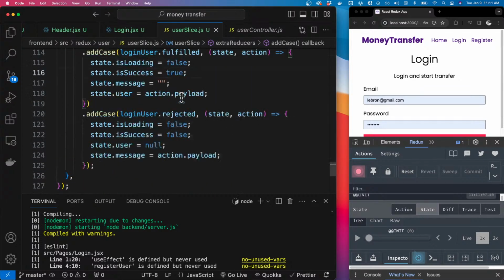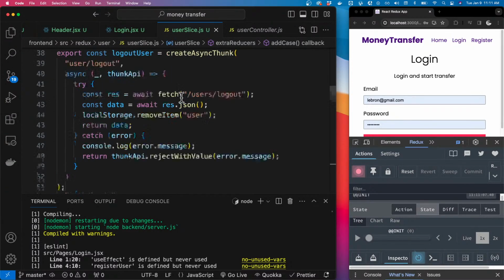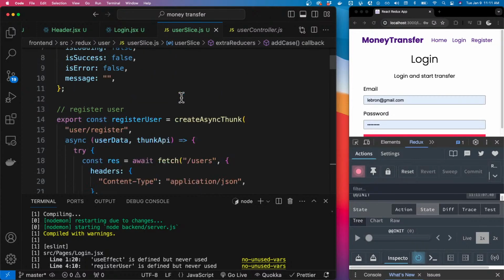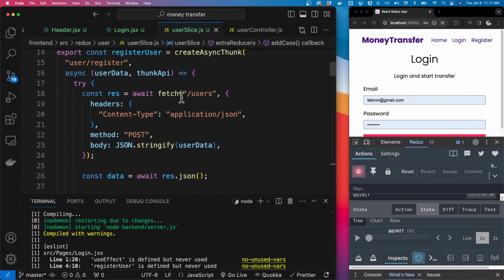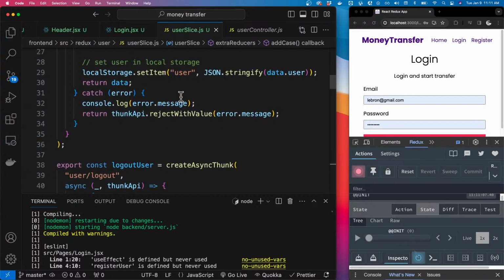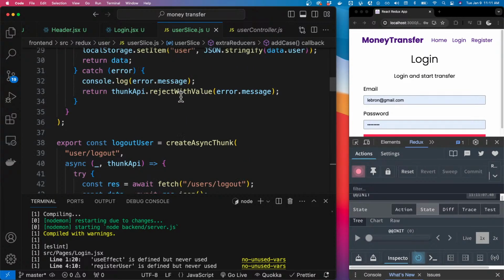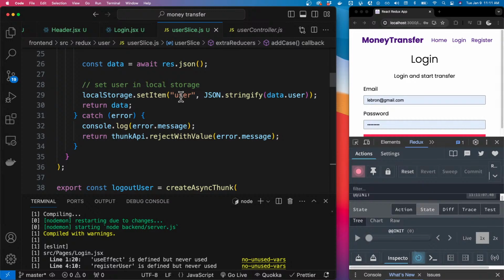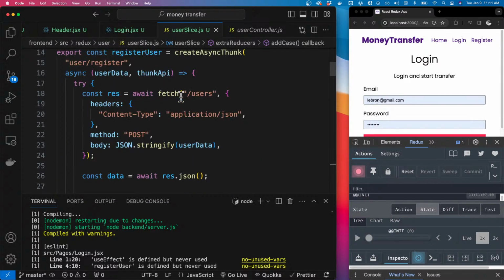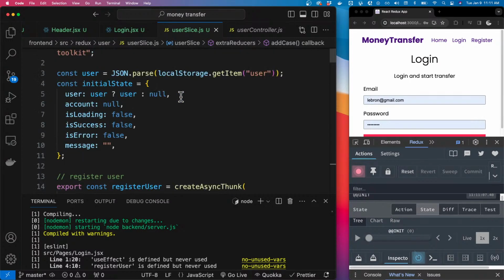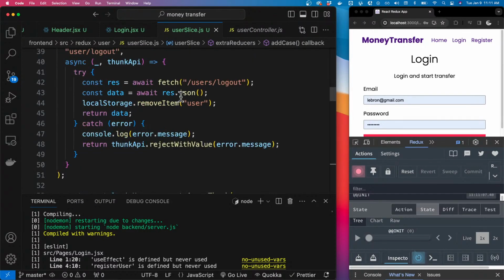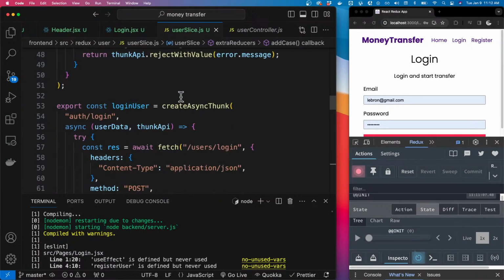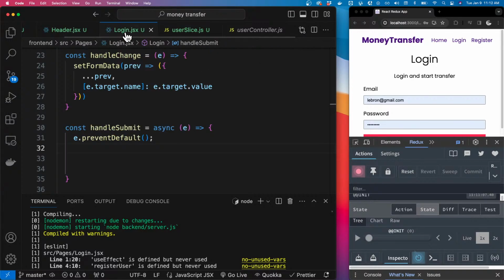So we have exported the login, scroll up to login, create asyncThunk, register user. Where did we put the login? Yeah. Okay, so back in the login page,